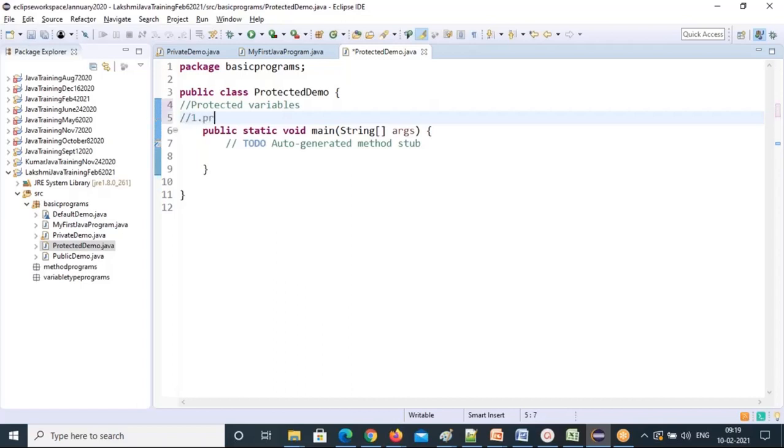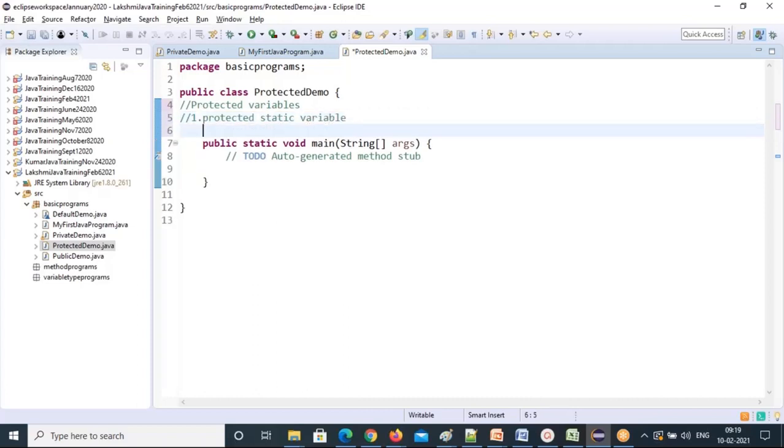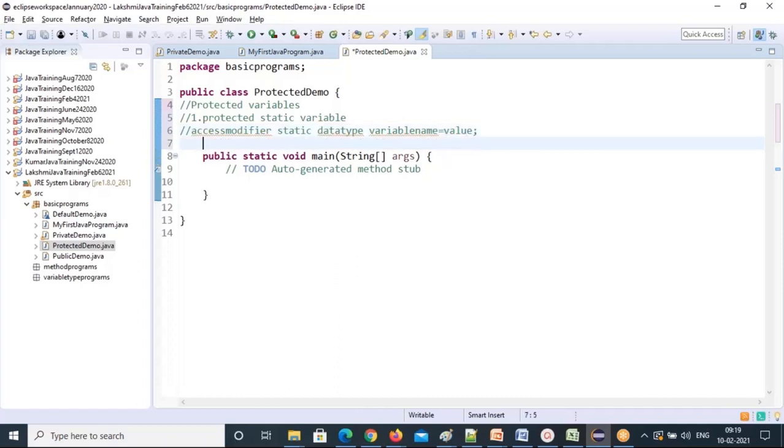First is a protected static variable. What is the static variable syntax? Access modifier, static, data type, variable name equal to value. The access modifier is protected, static. For the data type I will use String: String str equal to selenium.